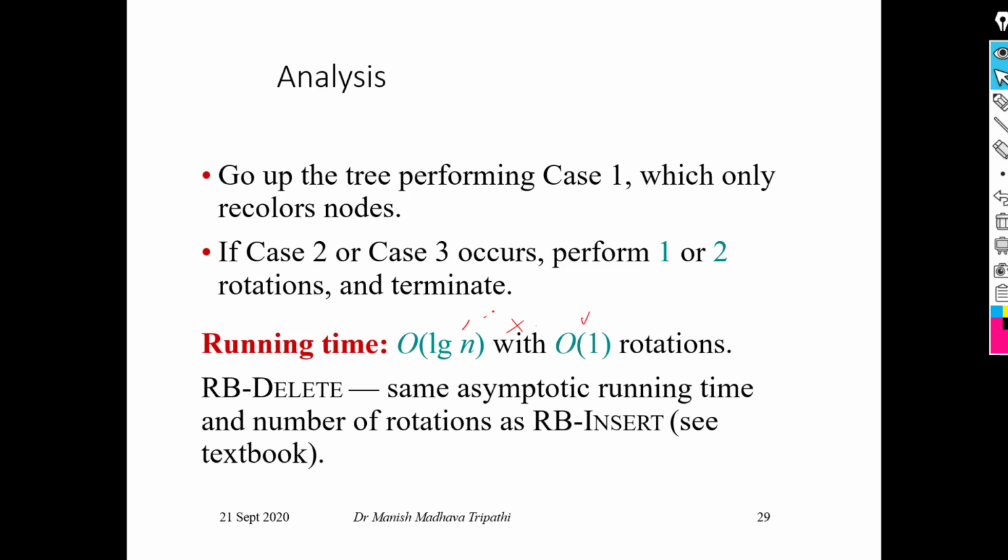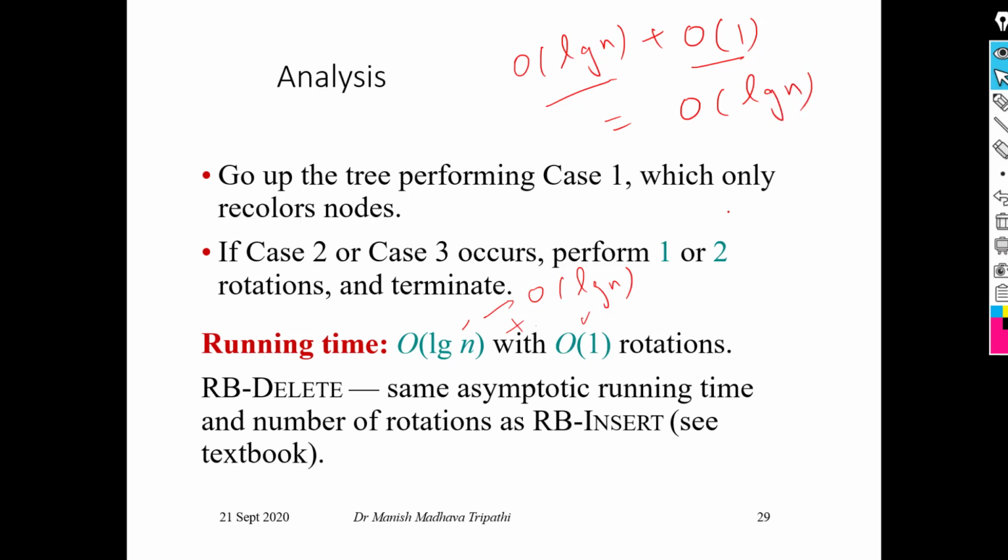Okay, so in the case of the red black tree, the order of log n time will remain the same, because the extra thing which we do in the red black tree is rotation, and the rest of the things are the same as the binary search tree. We know that the binary search tree algorithm has order of log n runtime. So the extra thing is rotation. Rotation takes order of one time. So if we add both of these, then again the running time will be order of log n. Okay. So in this way we can analyze it.